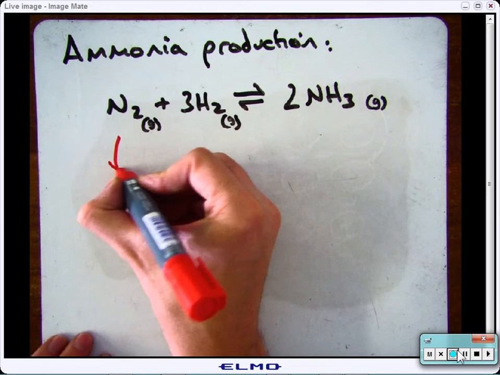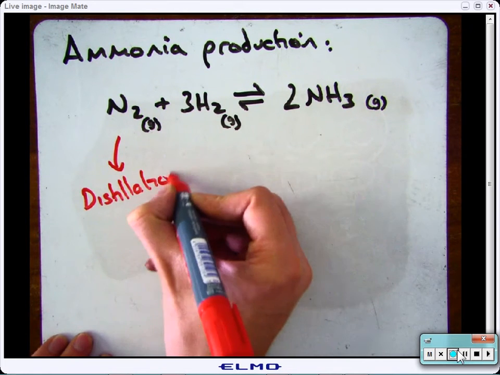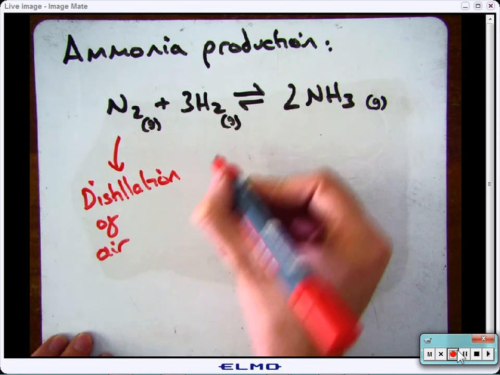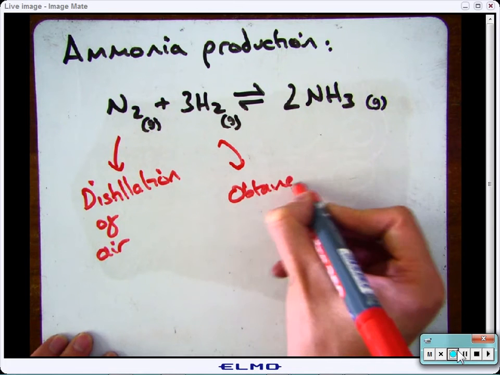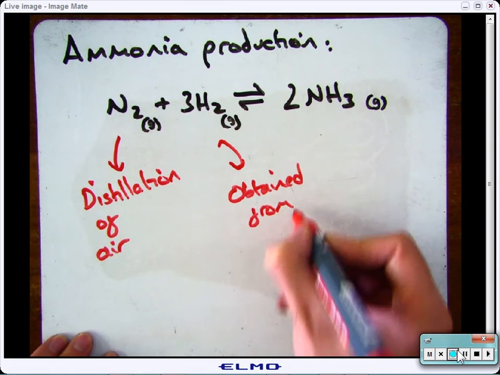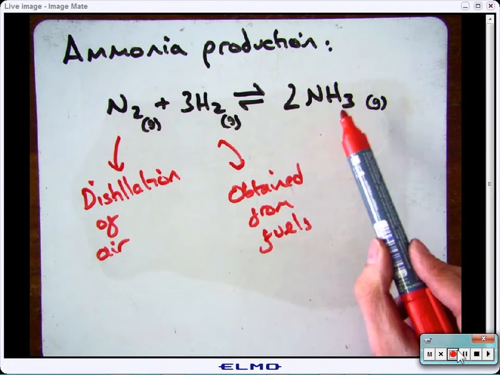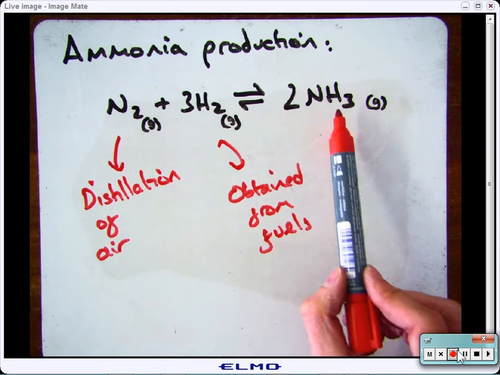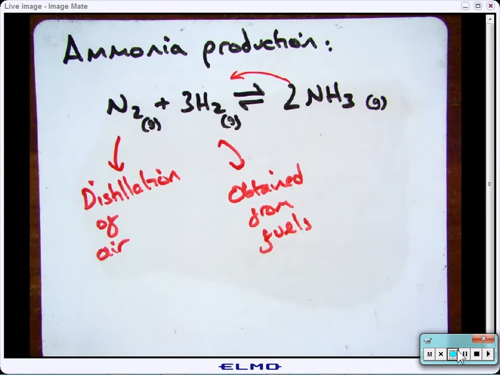Now, nitrogen is obtained from distillation of air, and hydrogen is obtained from fuels. Now what will happen is when you react those together, it will form ammonia. But unfortunately, at the same time, the backward reaction is happening and it's turning back into nitrogen and hydrogen. So the Haber process is all about finding out and using the best conditions to get as much ammonia as